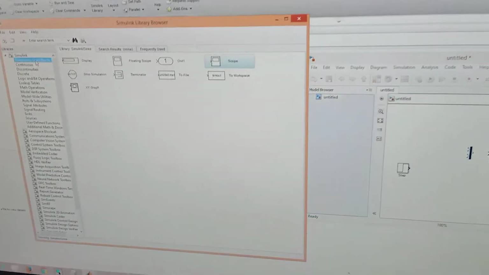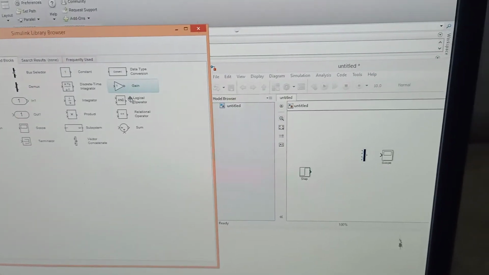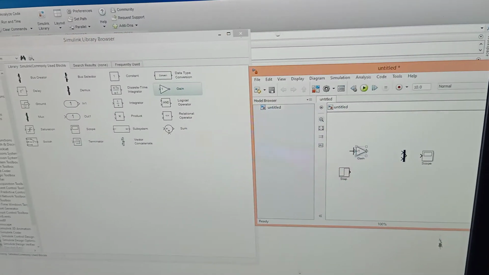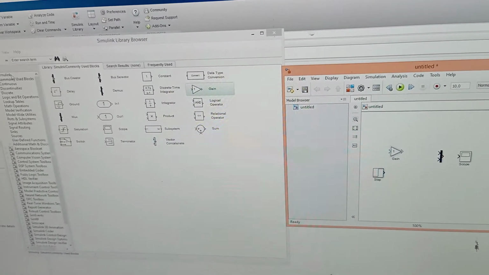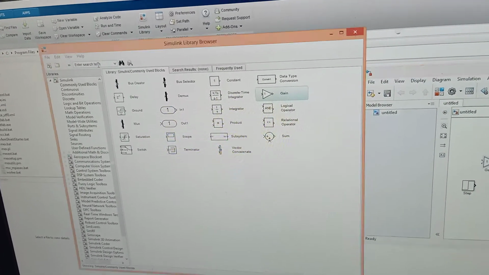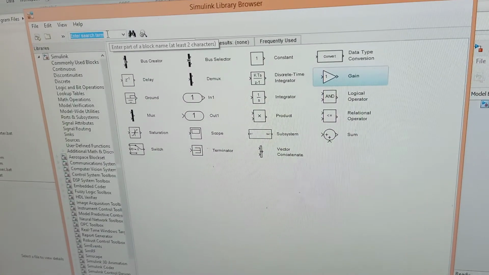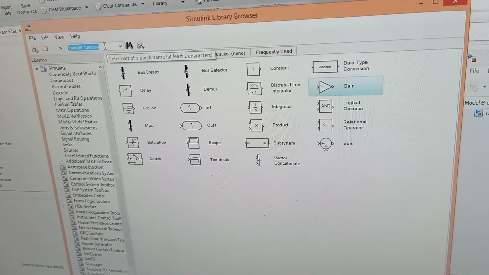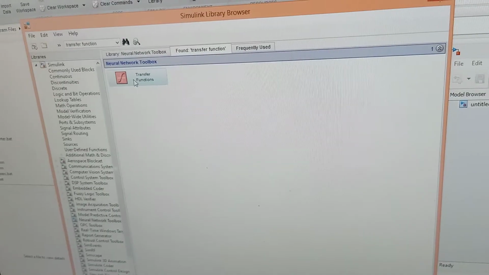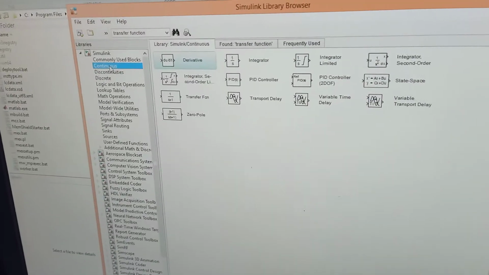And again go to commonly used blocks. We need gain. Again drag this gain in the untitled window. If you want any specific block, you can type here transfer function and search, then you will get the transfer function block.